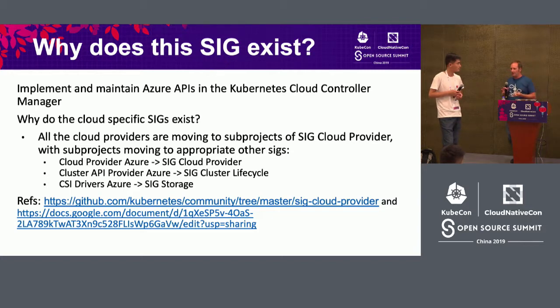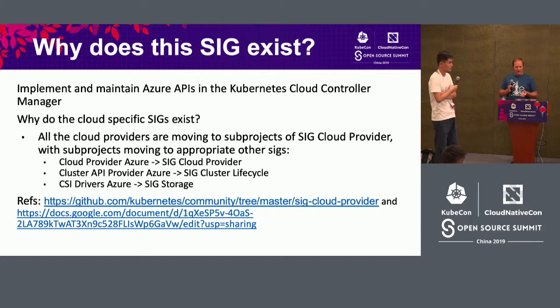And so now we are going to transition the organization and governance around how we do that to a common methodology. That is SIG Cloud Provider, with sub-projects under the cloud provider for each of the related SIGs. So presumably, I may stay involved as a co-chair of the sub-project for Azure under SIG Cloud Provider. There are several related efforts that are going to take over governance of some of the sub-projects which SIG Azure has been responsible for up until now.